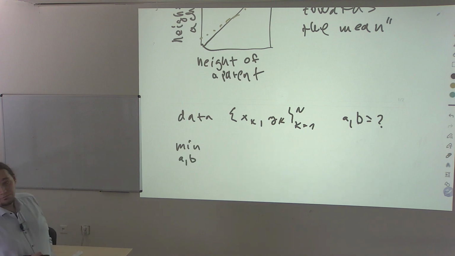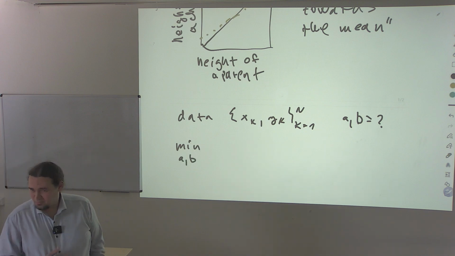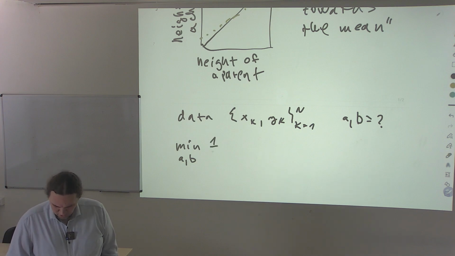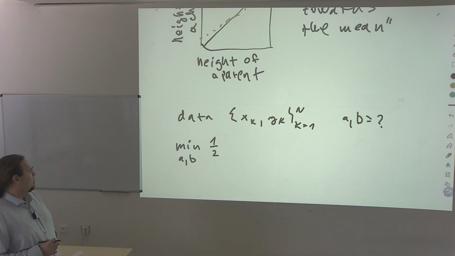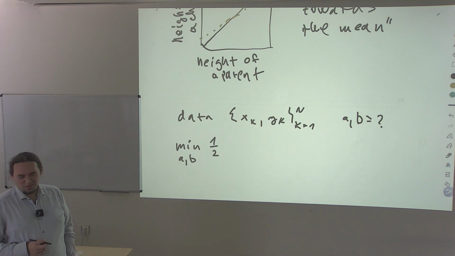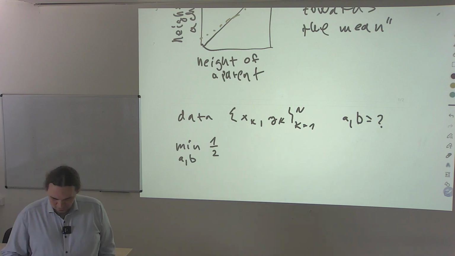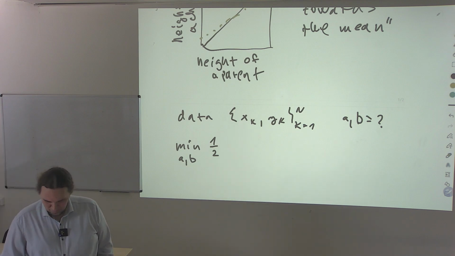We know we can pose this as an optimization problem. It's a standard least squares. So let's do it. For some very good reasons, we will put this 1/2 as a multiplier of